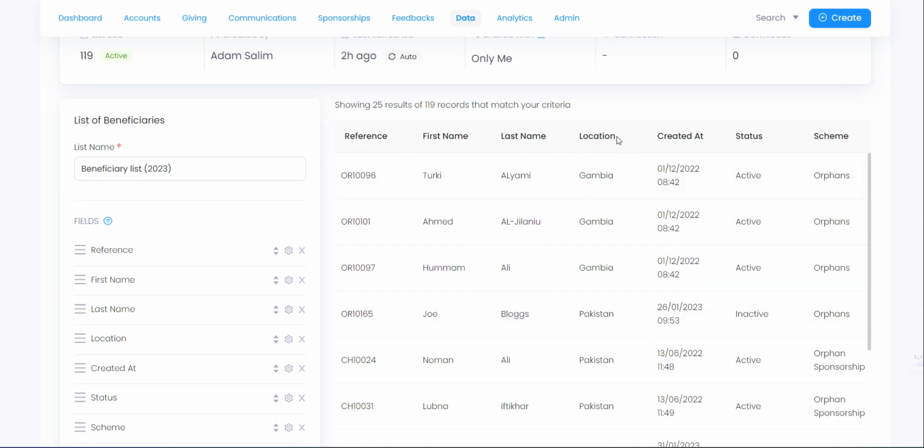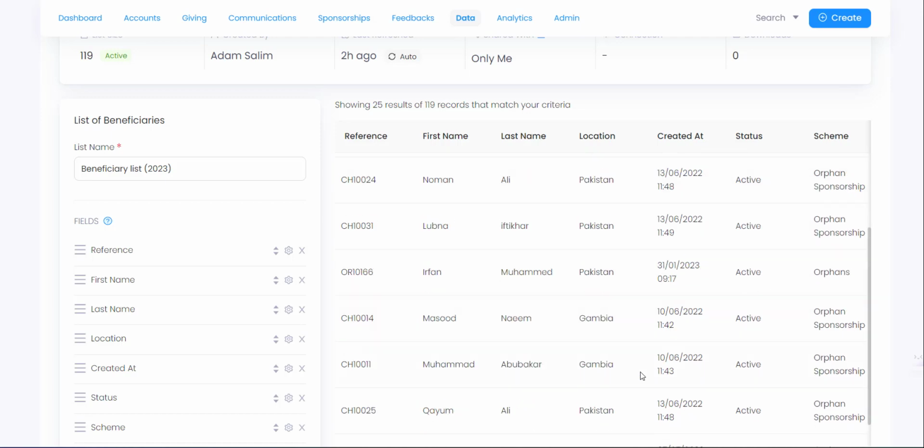This doesn't have donor information because of course they are not sponsored by a donor, but it will have the location and when the beneficiary was created. This status is actually active and inactive, meaning is it published and available for sponsorship, or is it potential for sponsorship, or inactive, meaning that it is unpublished and it is not to be sponsored. We have the scheme here,